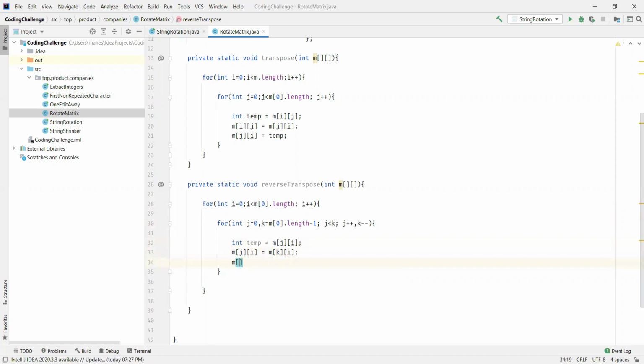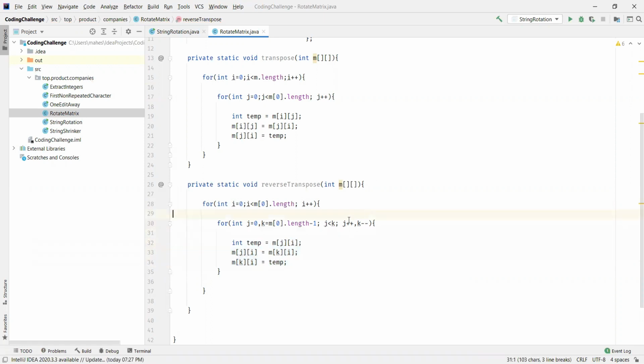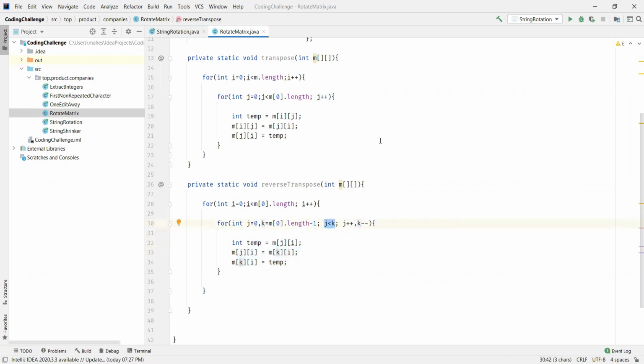You can clearly see k of i. My column is always i, and the row is just swapping j with k, and m of ki should have the value of temp. That's how we swapped the values with j and k. Each time j is incrementing from top to bottom and k takes care of decrementing from bottom to top, and the elements get swapped until this condition is met, j less than k, right?